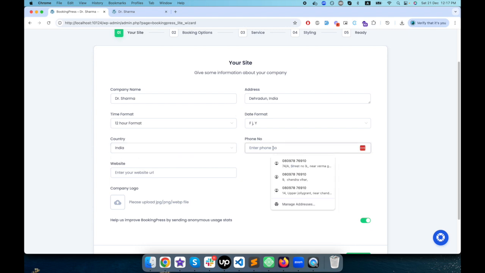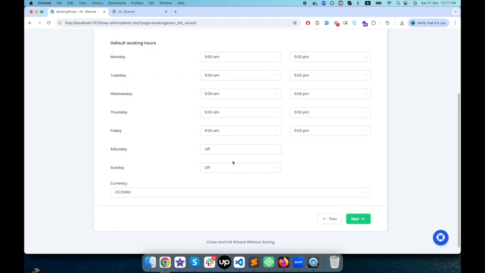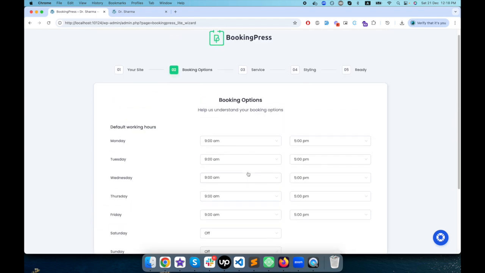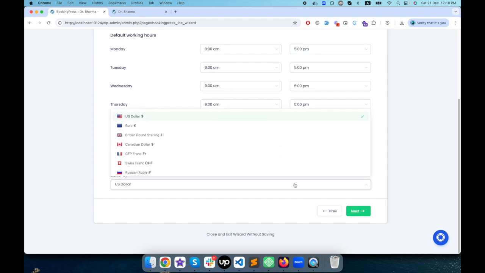Phone number, let's suppose I will give this one. Website URL is, and there is no logo right now, so I'm not adding any logo. Let's click on next. Here I have to define the business hours, which seem all right. Currency is INR, so I will